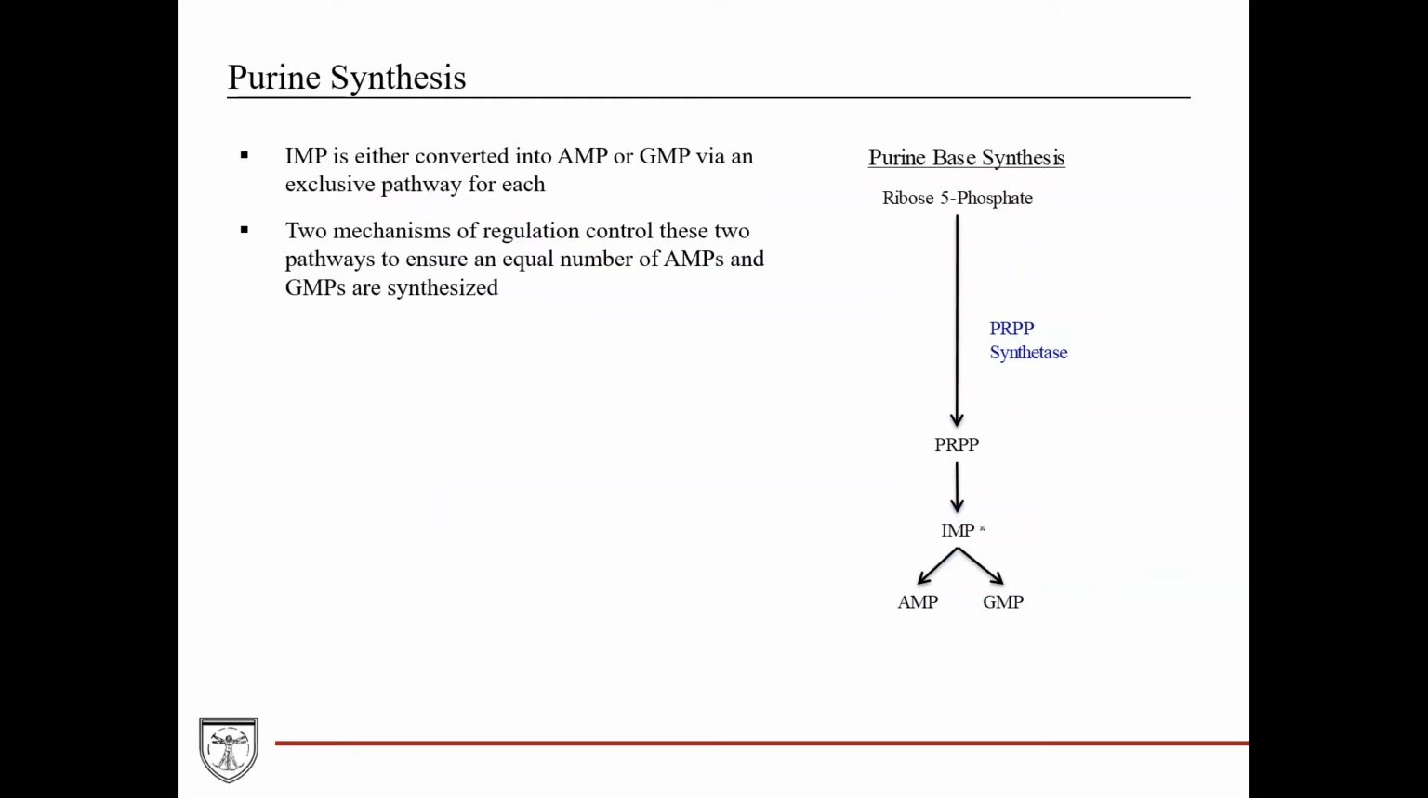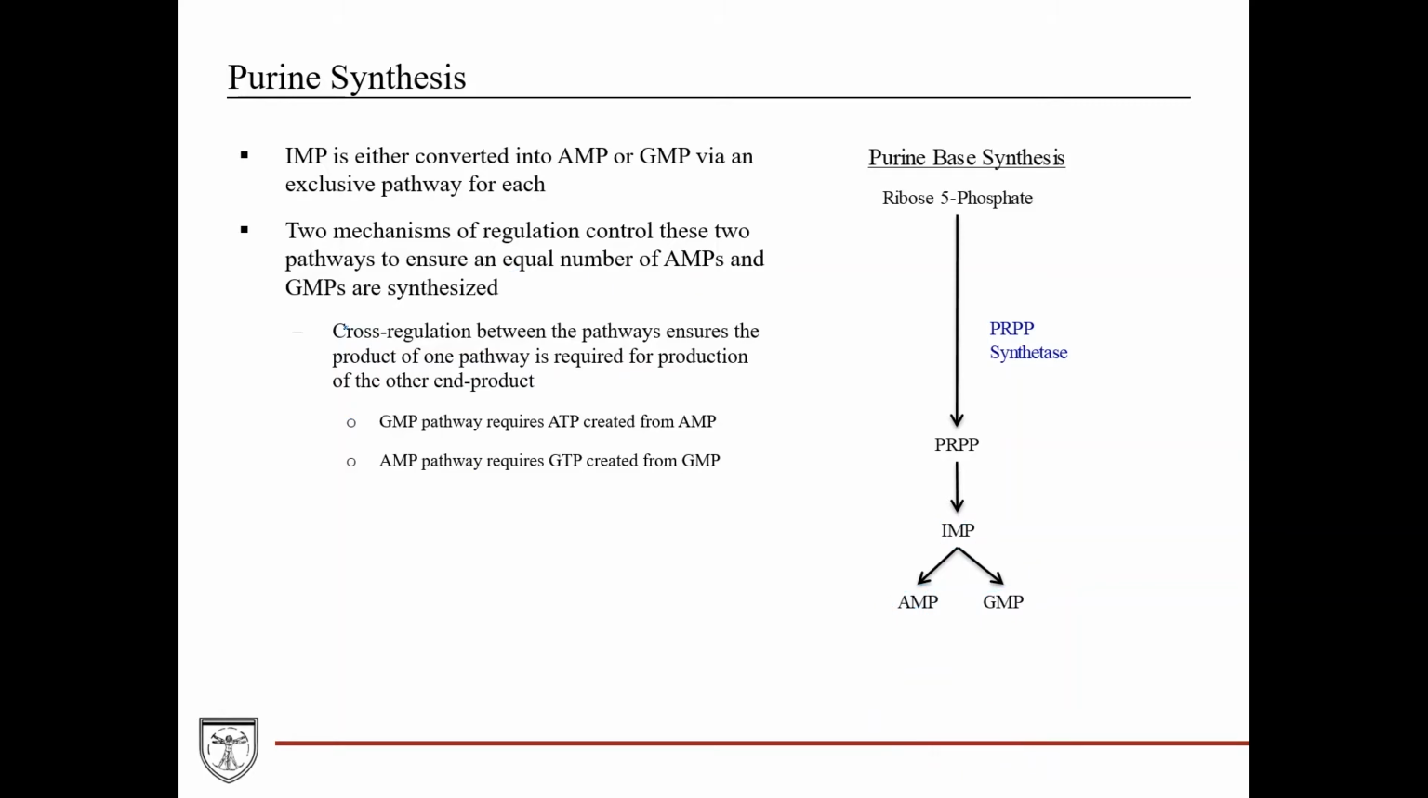Now, getting down to the end here, we have IMP, which is converted into AMP or GMP, and there's an exclusive pathway for each of these. Now, you might be wondering, well, which way does it go? It essentially goes both ways, because what you want to end up doing is producing equal amounts of AMP and GMP, because these are going to go on to form adenine and guanine, and you want equal amounts of these. And there's two mechanisms of regulation that control these two pathways